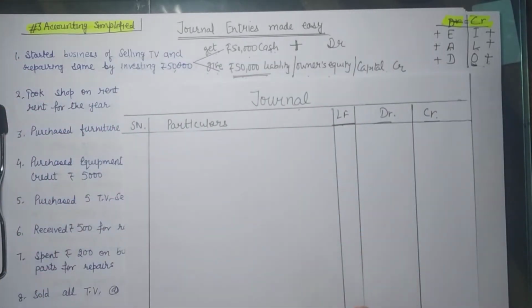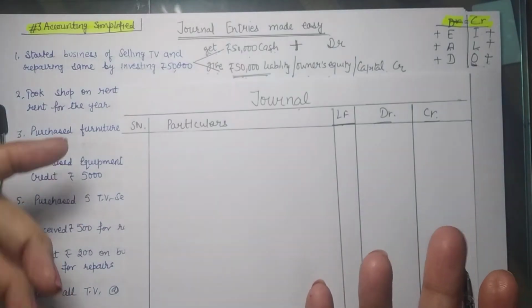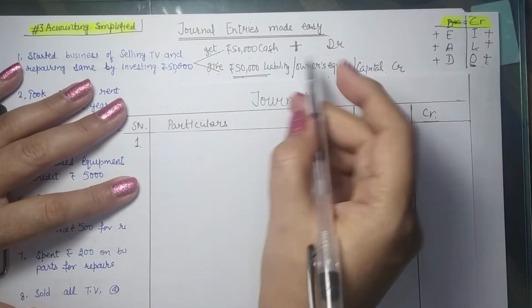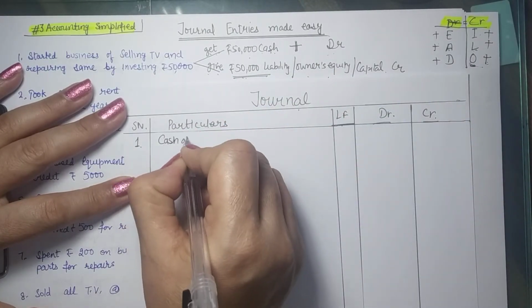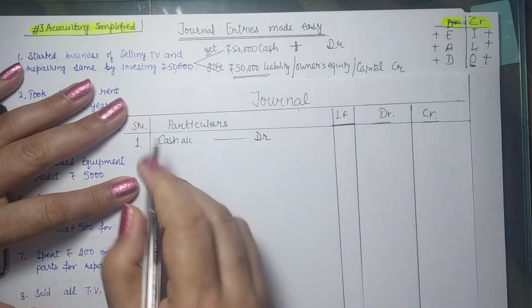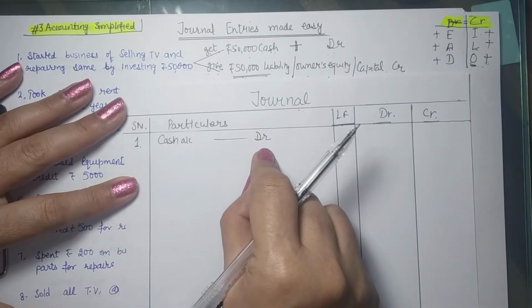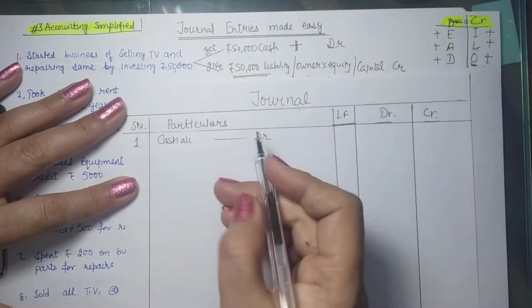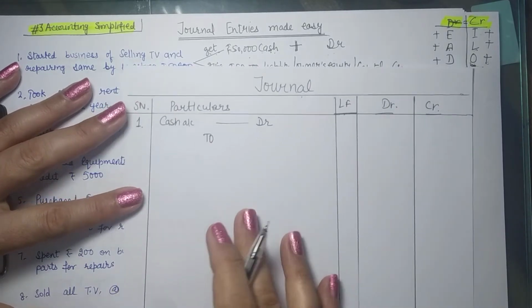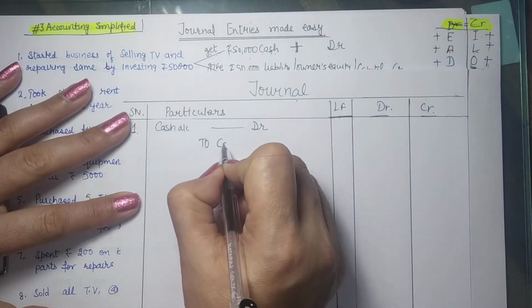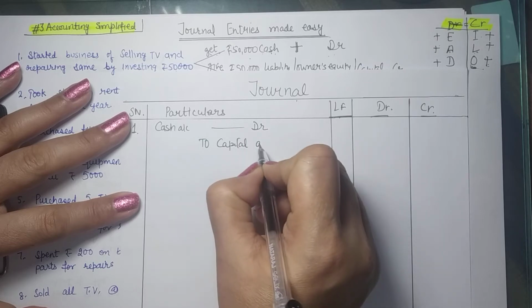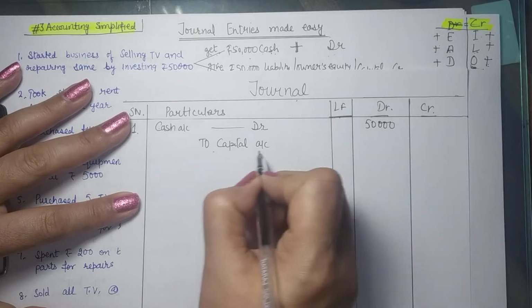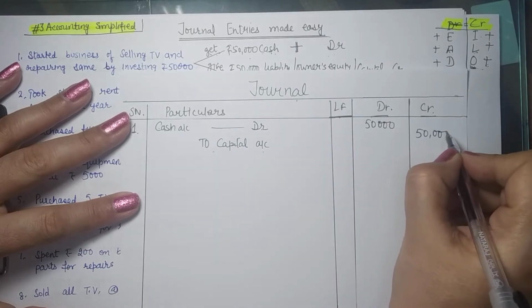Now in order to write the entry, there is a standard format. We first write debits. So you have got cash debit. So your entry is cash account debit. So debit is always written as so and so debit. Now what is credit? Capital or owner's equity. So credits are written with the prefix 'To'. So to capital account. Now cash is to be debited, the amount is written in the debit column. Capital is to be credited, the amount is written in the credit column.